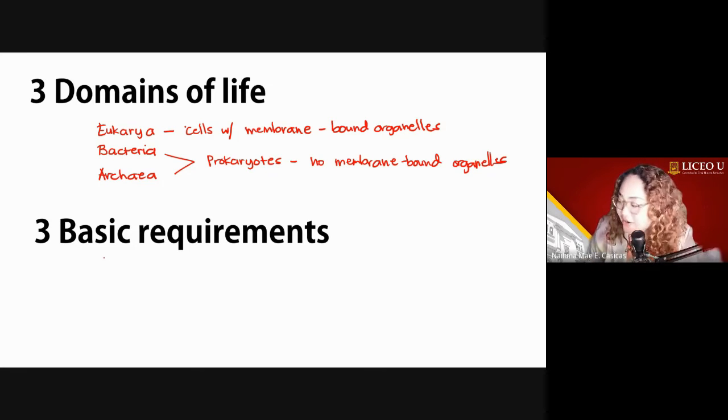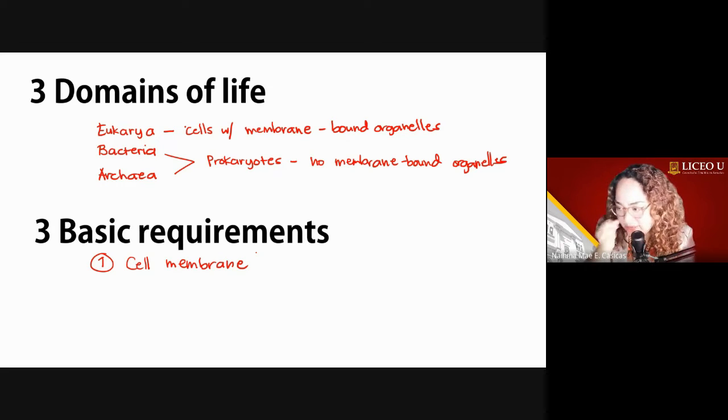So number one, all cells will need, or all cells have, one way or another, a cell membrane. What this cell membrane is composed of will depend on what kind of cell it is. Like for example, kita mga animals, no, our cells, our cell membranes, or even the cell membrane of plants, our cell membranes are composed of your phospholipid bilayer, and then the cell membrane of your